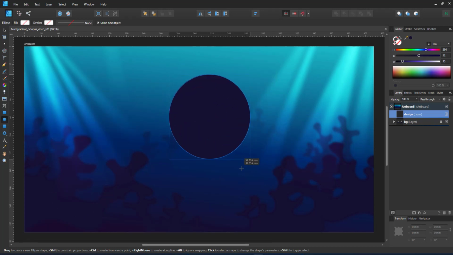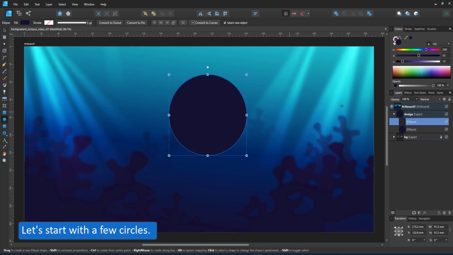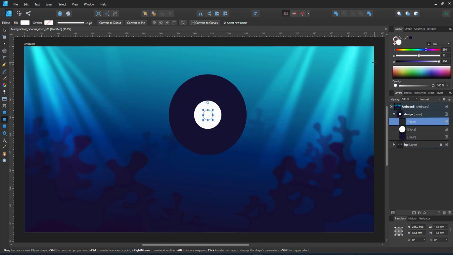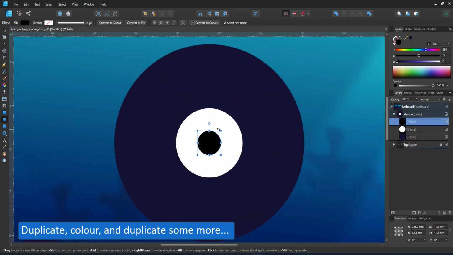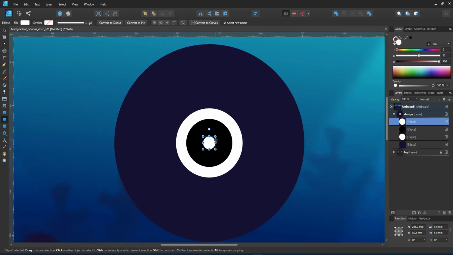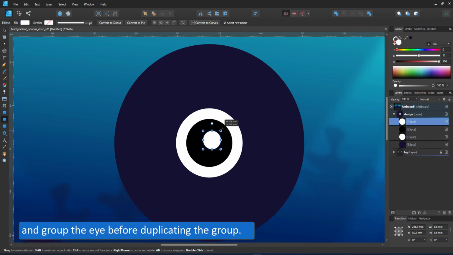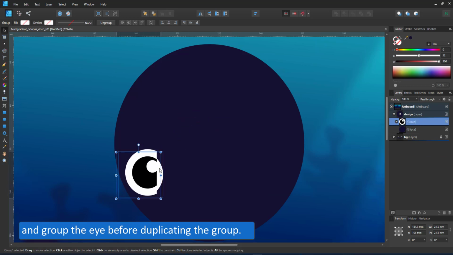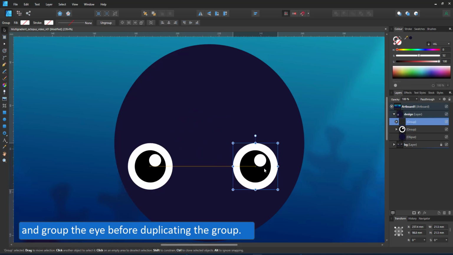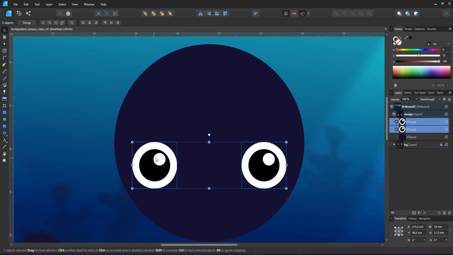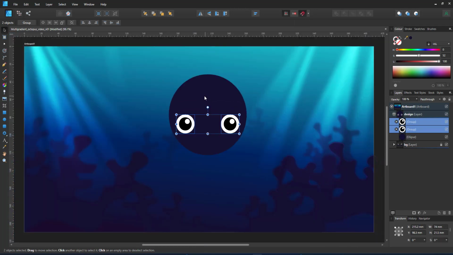I chose an octopus because it can be easily created with circles and strokes with a pressure curve for the tentacles. I start with the circles, create the base shape, create the eye, which is made up of 3 circles in different colors. I group the one eye, duplicate it and move it to the other side. I turn the snapping on, which will be more important later on, but it helps me to align the eyes